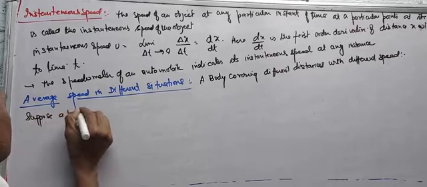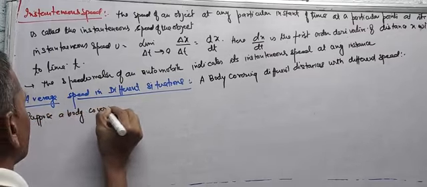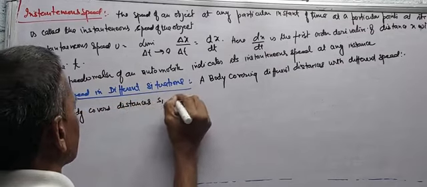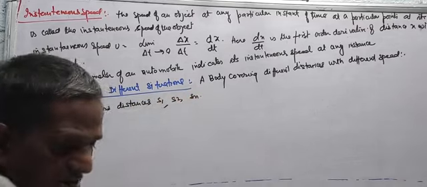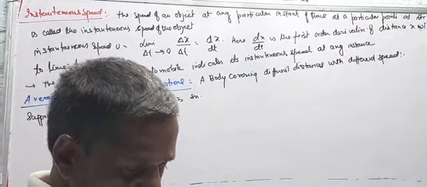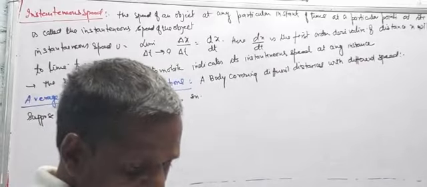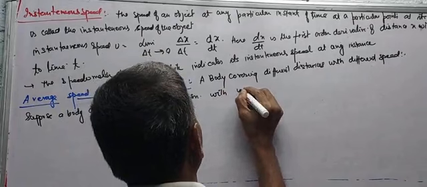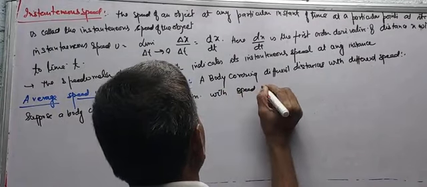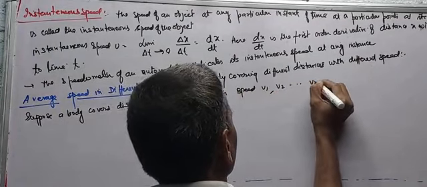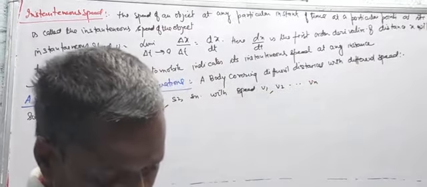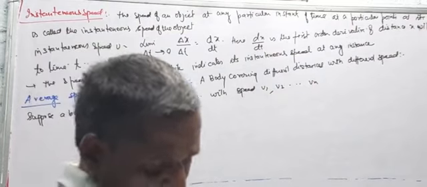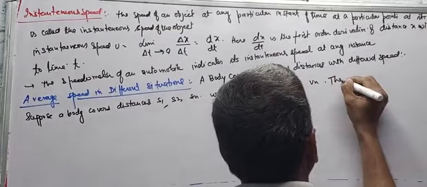Suppose a body covers distances s1, s2, ... sn with speeds v1, v2, ... vn, then its average speed will be